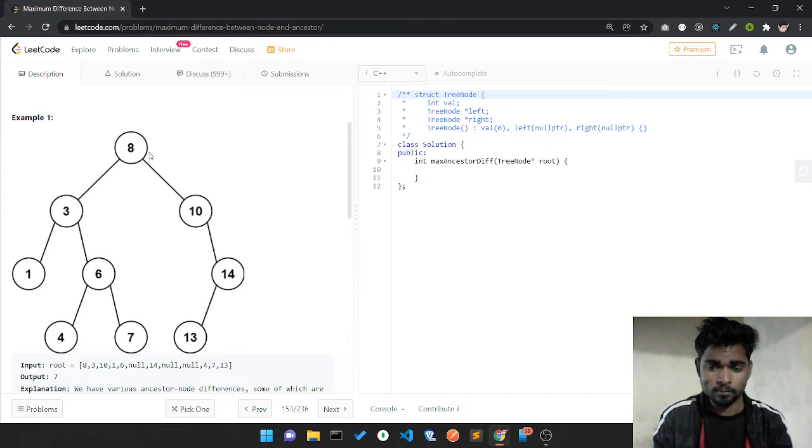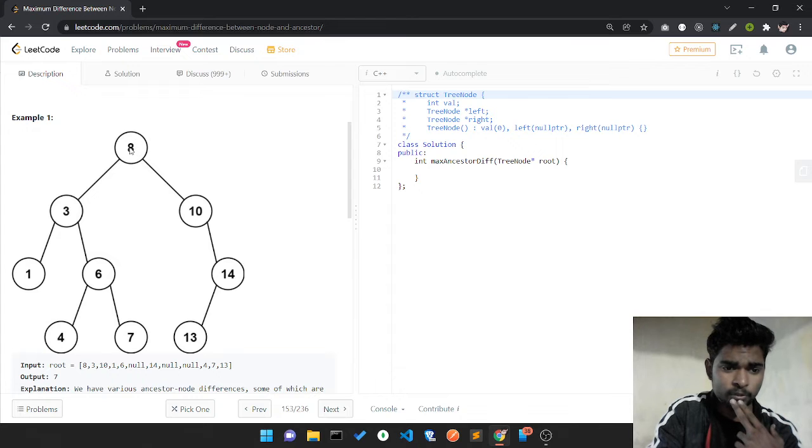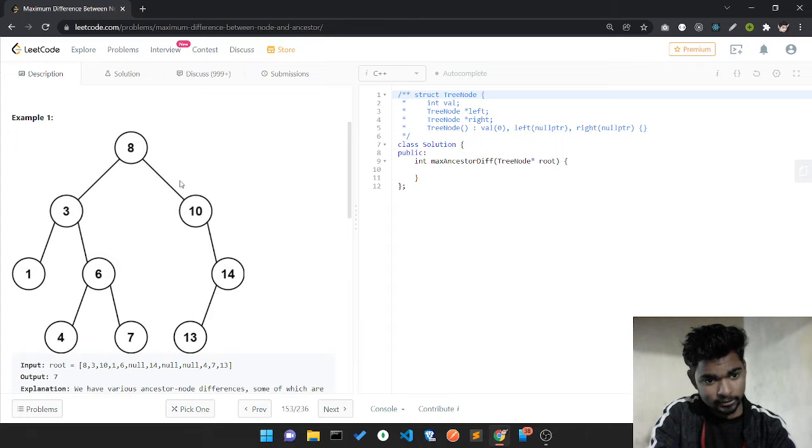We can't do that because if we do this it's totally hectic, so we don't do that. What we do is just go with this root 8 and traverse all the paths from root to leaf.